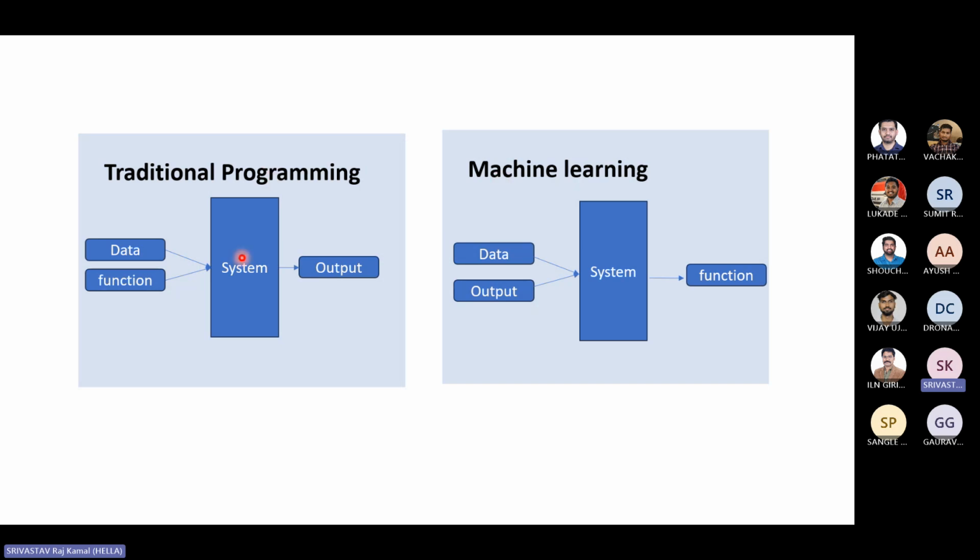In traditional programming, you already know the function which has to be applied, you know the data, and you get some output. Again repeating my words, if there is no uncertainty, I can write a function. Normally a function is in C, C++, Java, Python: if this happens, do that, if this happens, do that, and so on. Even some complex functions. We take the value and get the output. But here we have the data and we have the prices.